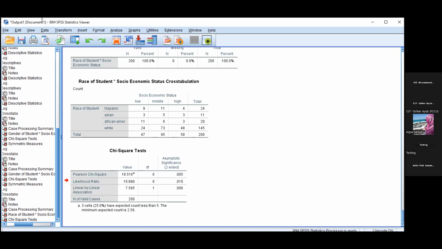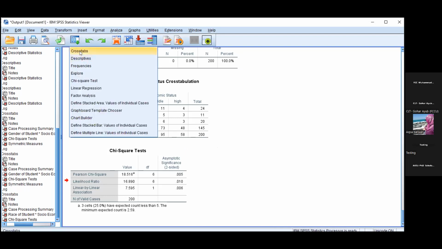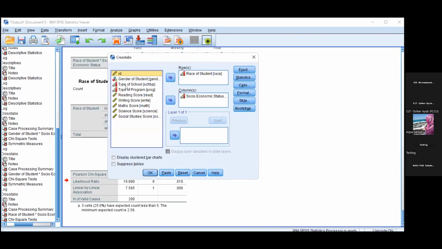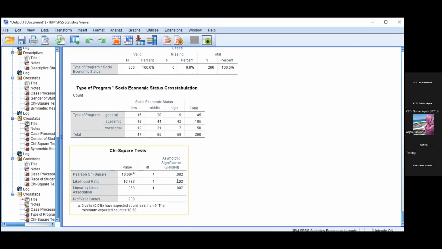And similarly, chi-square and crosstabs can be applied to any type of variables, type of schools, and any two different variables. For example, if you want to remove this and take socioeconomic status and the type of program, you can go with that and check it. This is also a significant relationship between the type of program and the socioeconomic status of the students. Now we move on to the